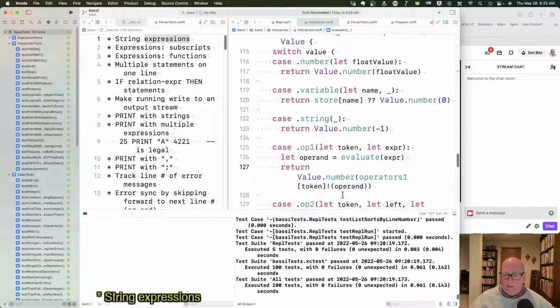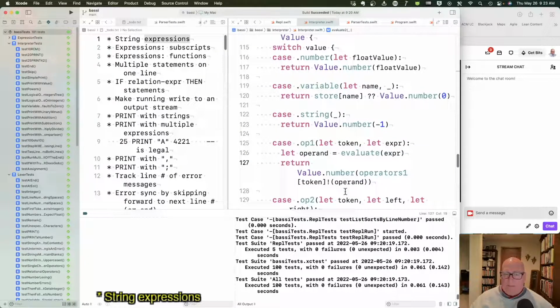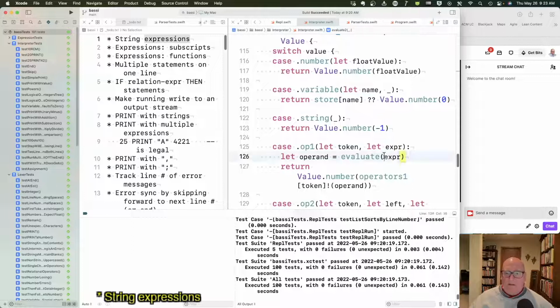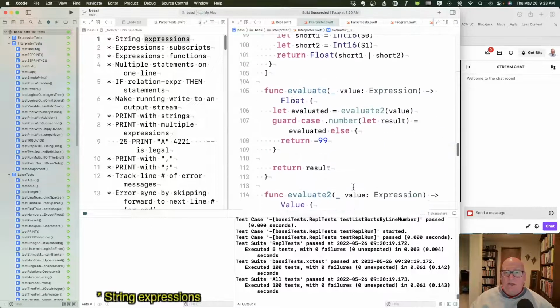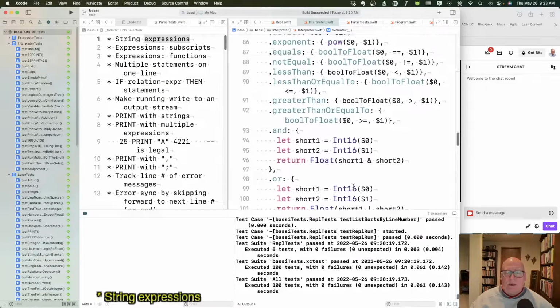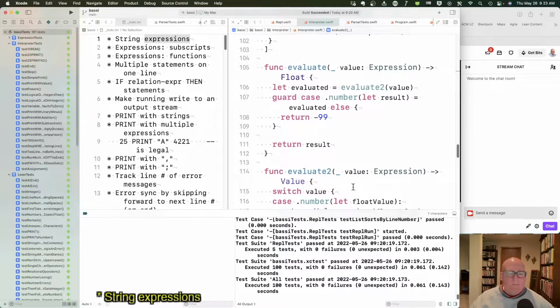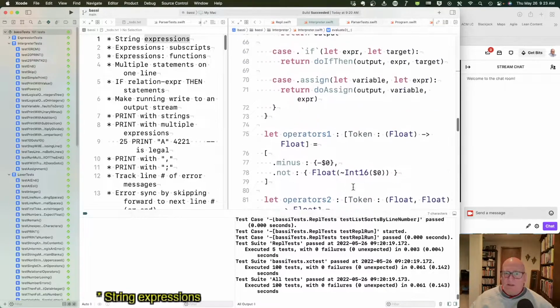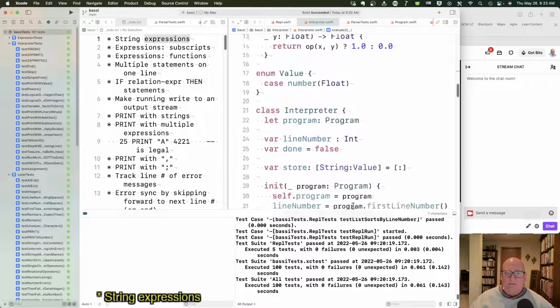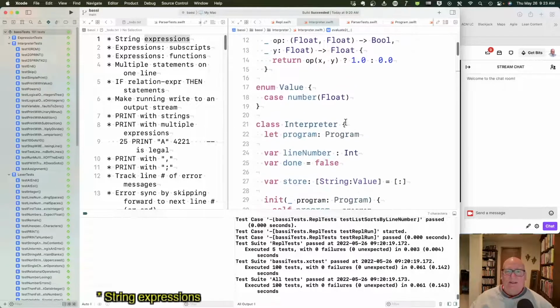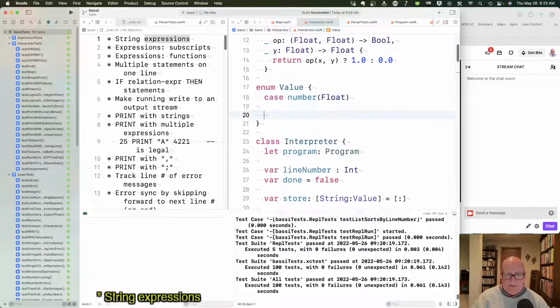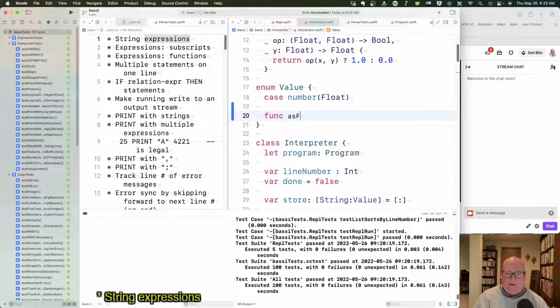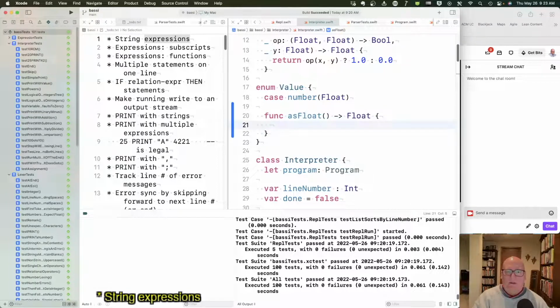So maybe our values could have an as float. That would help. I think I'm still refactoring with this. You can judge me. All right, but if this thing has a function as float, and it returns a float, of course. All right, and then